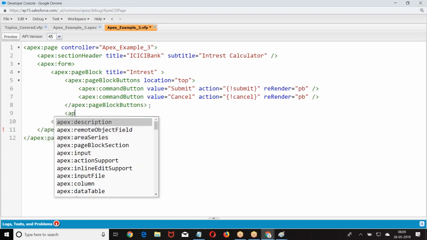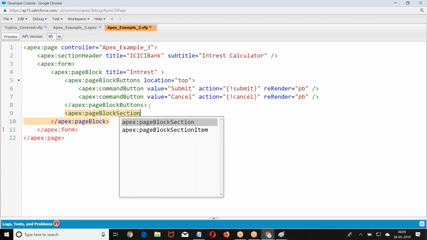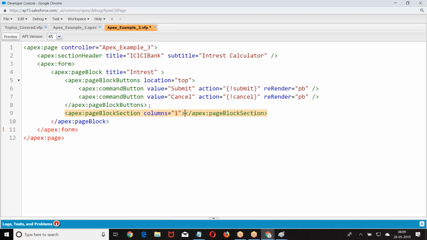Then we go to the page block section. How many columns do you want? The number of columns we want is one.